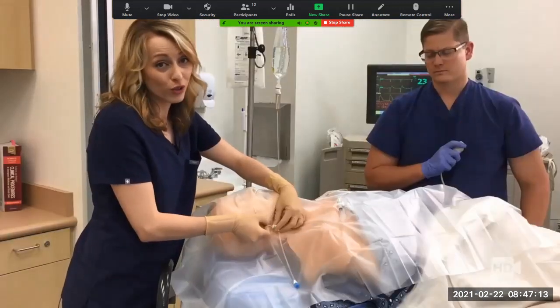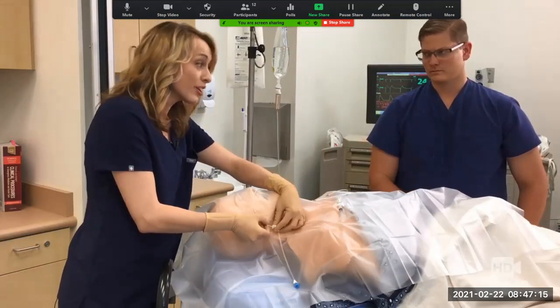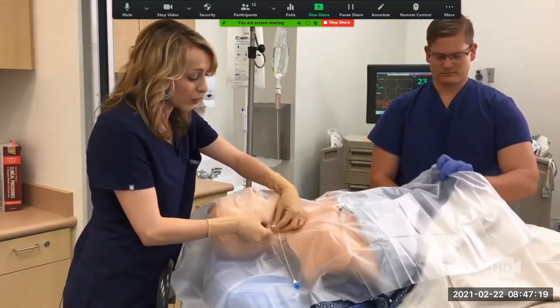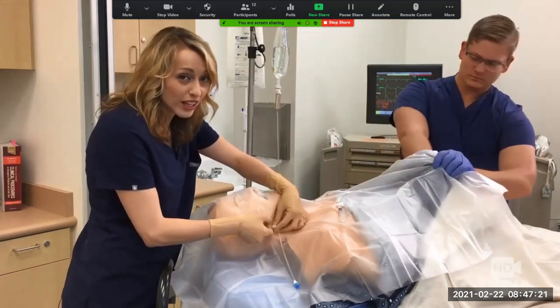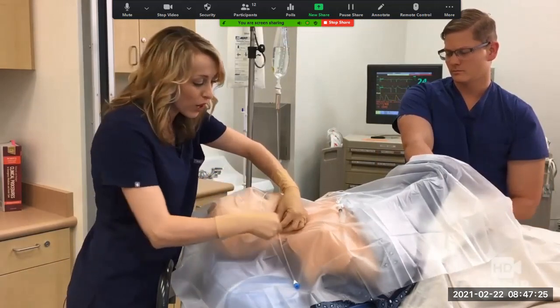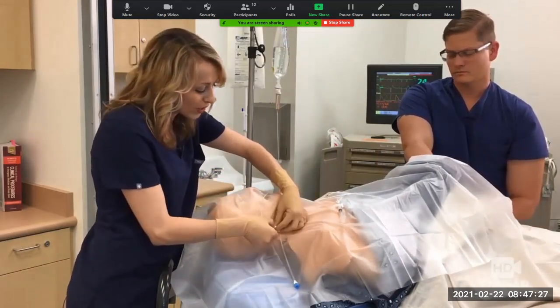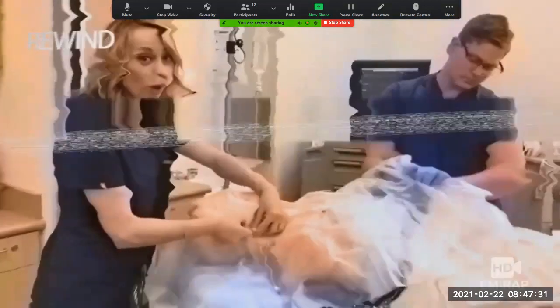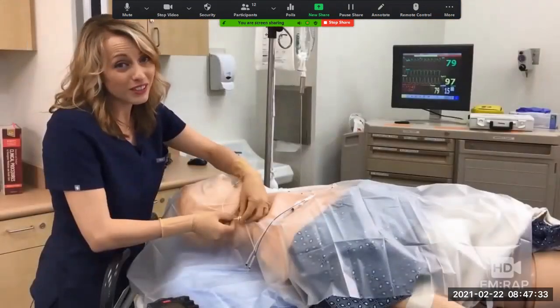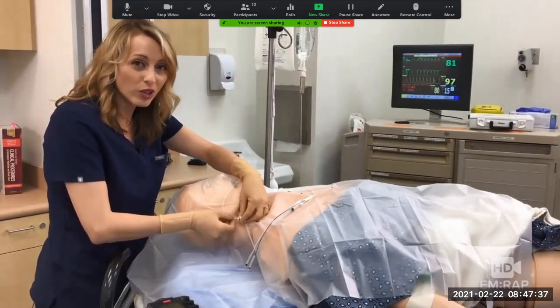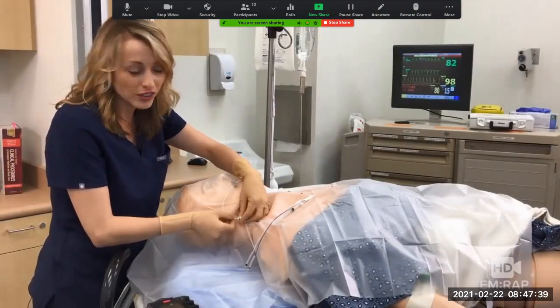Now, if you have an ultrasound machine and skilled sonographer, now is a great time to recruit some help and get a subxiphoid view. That way you can watch this wire going into the RV. And remember, we're following the curvature of the wire here, so it curves into the right ventricle. Wait, what if I don't have ultrasound? No big deal. It's all good. You can do this by watching the cardiac monitor and looking for an injury pattern, which we're going to show you in just a second.